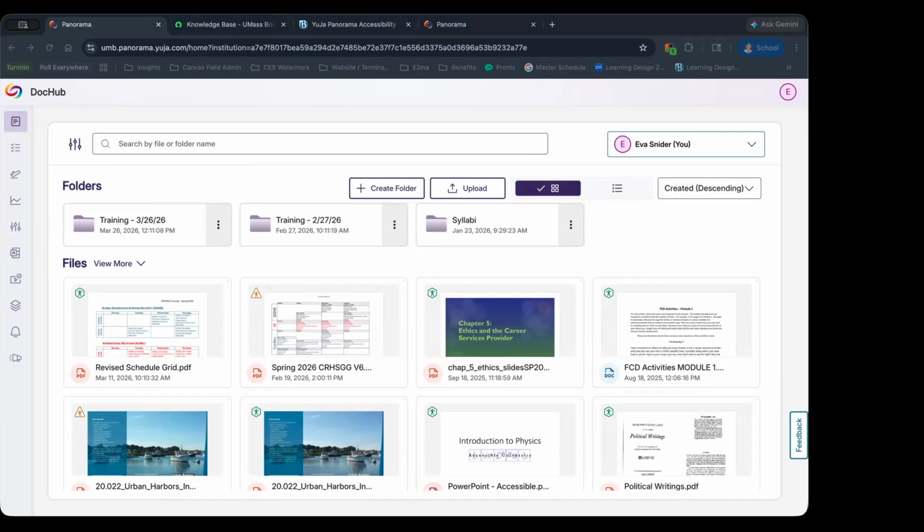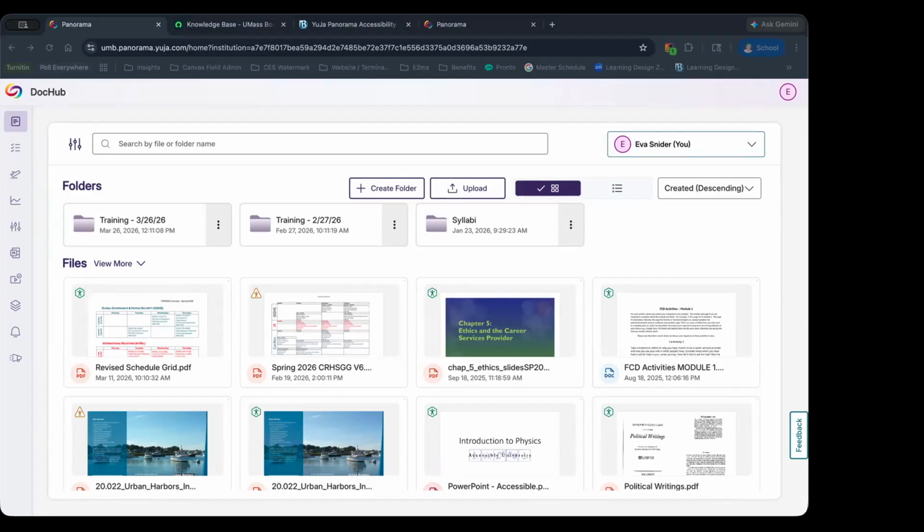I'll talk you through what all of those things mean as we go through the things that you can do. Your Doc Hub is essentially your private home for all of the files that you need to run accessibility checks on and make accessibility improvements or changes to.